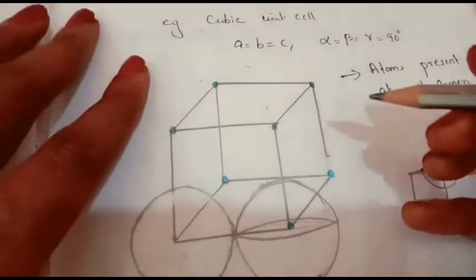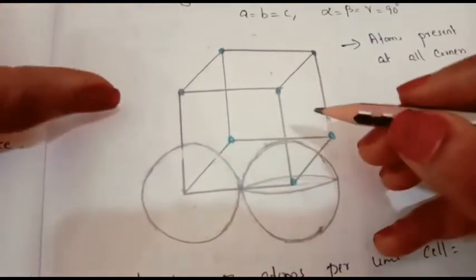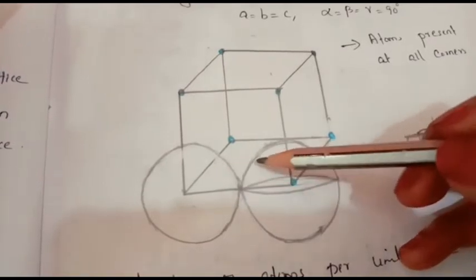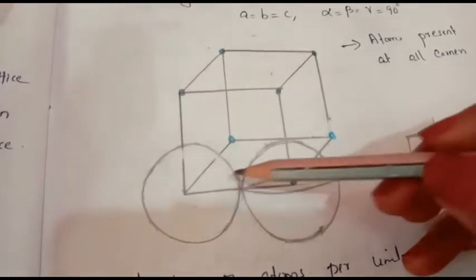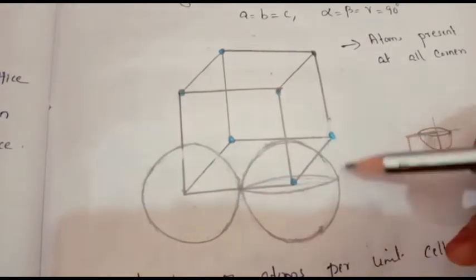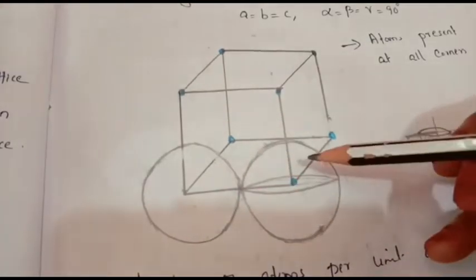Now we can find out the number of atoms present inside a unit cell. So let's see here. Here I have given 2 atoms. It's a representation, 2 atoms. We know an atom is like a ball. The shape of an atom is like a ball, so it is spherical in shape, not a circle. It is spherical in shape.